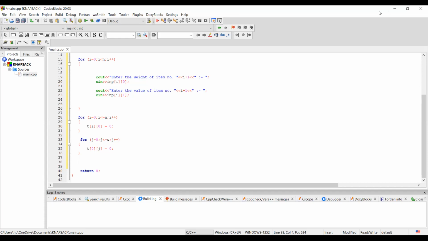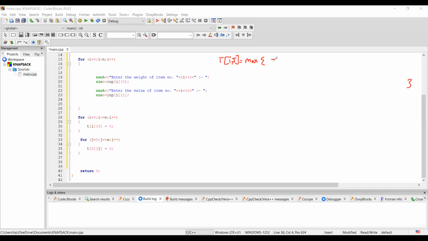So let us first note down that formula. T of I j, the I j entry you want to make, should be equal to the maximum of two values. So there are two values, and we have to pick the one that is the maximum.